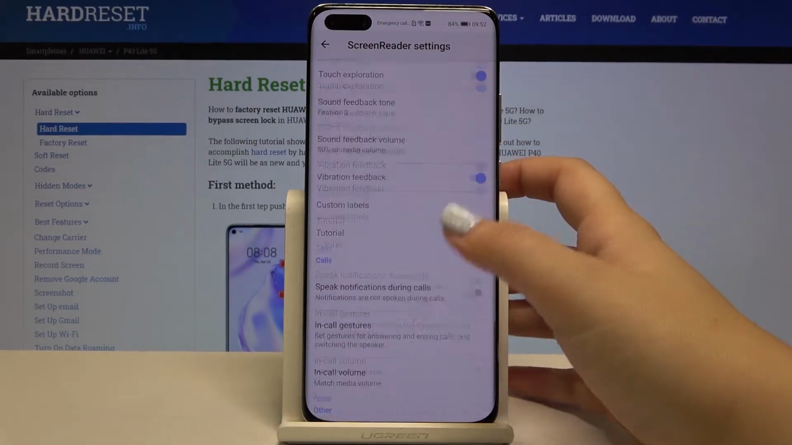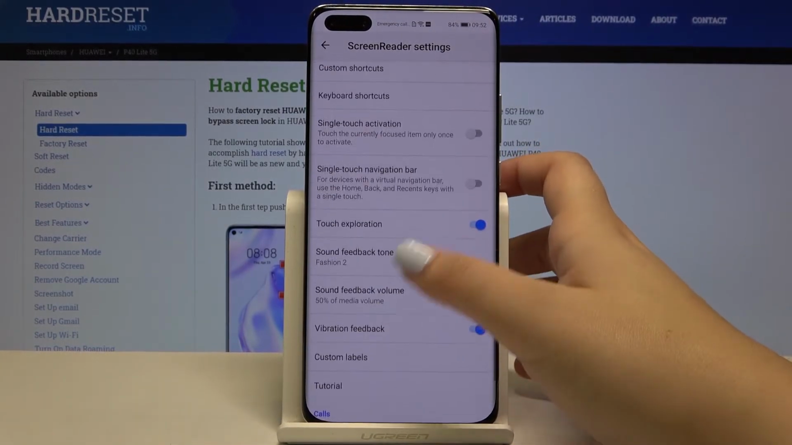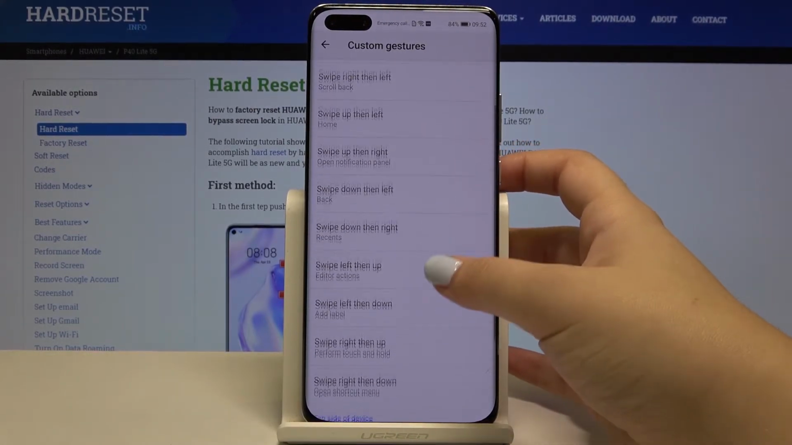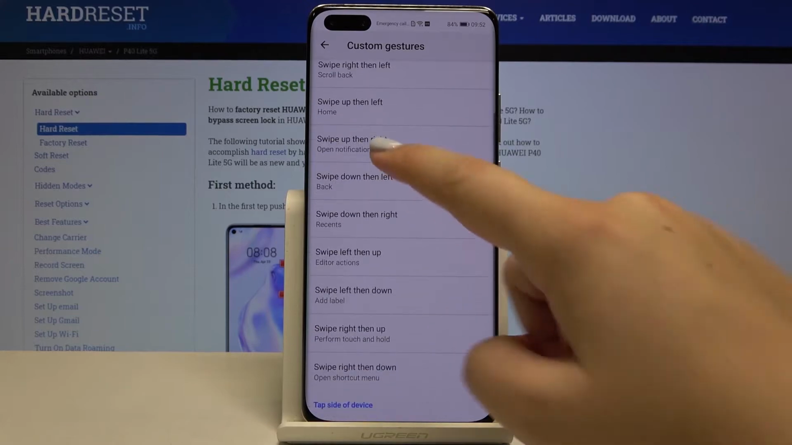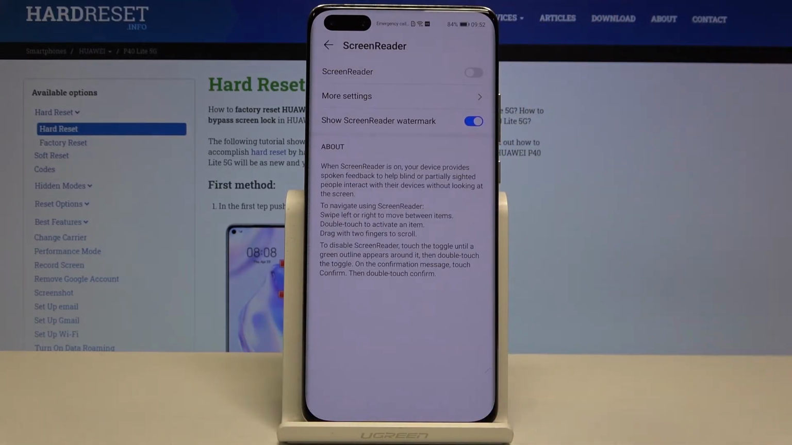and here we've got a lot of options to customize. For example, we can decide if we want to feel the vibration feedback, or we can customize gestures, so we can decide what we want to do after swiping up, then left, right, or down. It's up to you. Now let's get back, and in order to turn on the screen reader, simply tap on